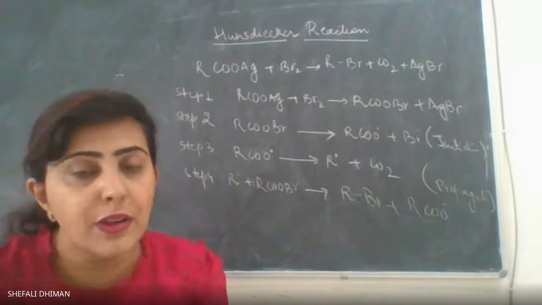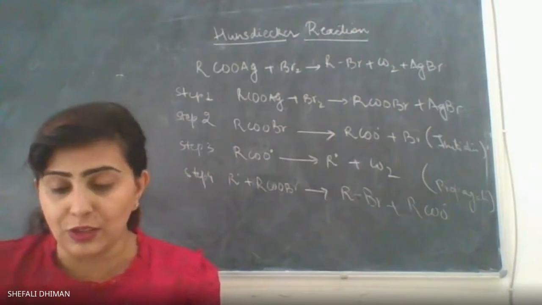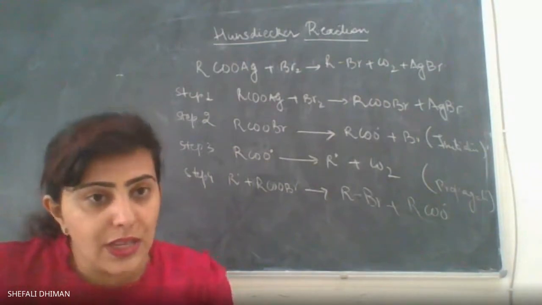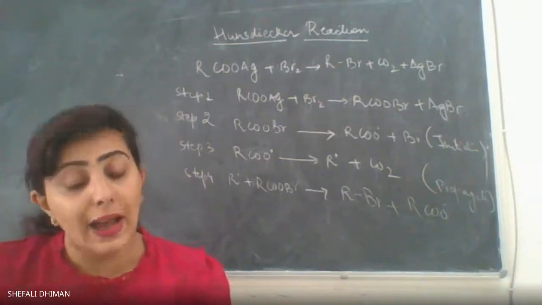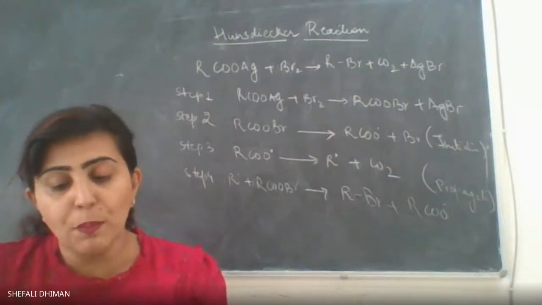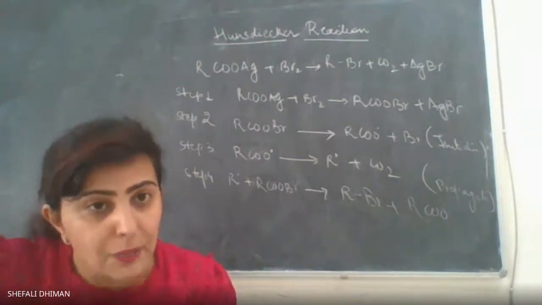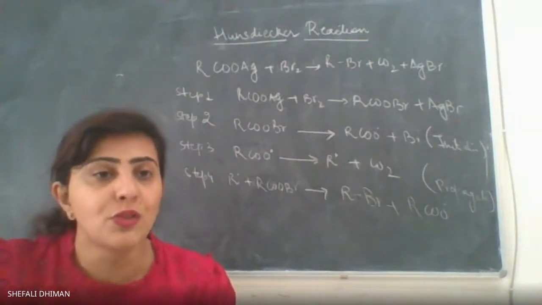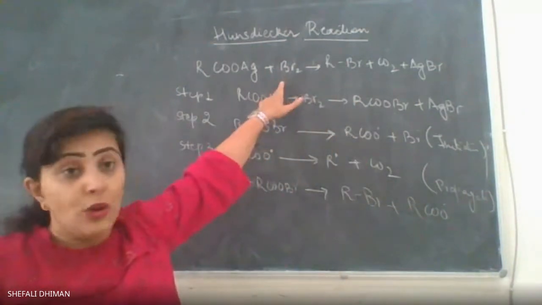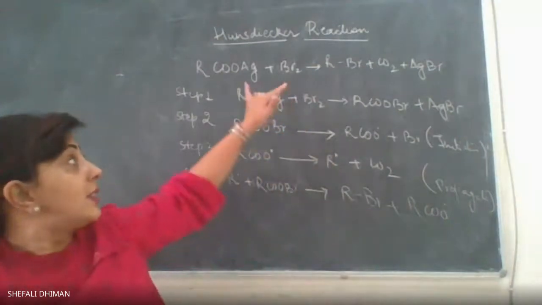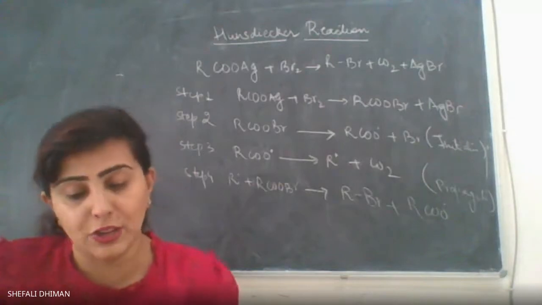There is a slight modification in this reaction, and that is called the Simonini reaction. So let us see what is the difference between the Hunsdiecker reaction and the Simonini reaction. It is said that when iodine is used, please listen to it very carefully, the ratio between the reactants is very important because it determines or drives the formation of the product. So when I use iodine, not bromine, it is very important that the concentration of both the reactants drives the reaction towards the forward direction.